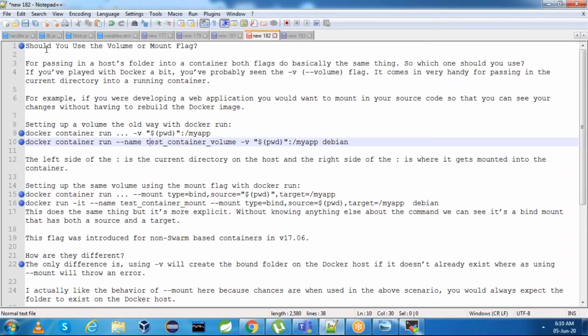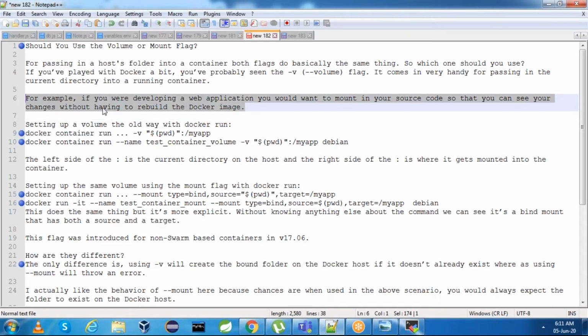Now let us see. The question is, should you use the volume or mount flag? This is for passing in a host folder into a container. Both the flags will do almost the same thing, but there is one slight difference which I'll show now. Suppose you have a web application and you want to mount your source code so that you can see your changes without having to rebuild the image.